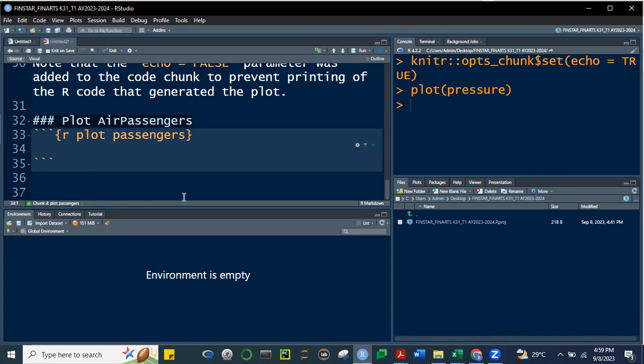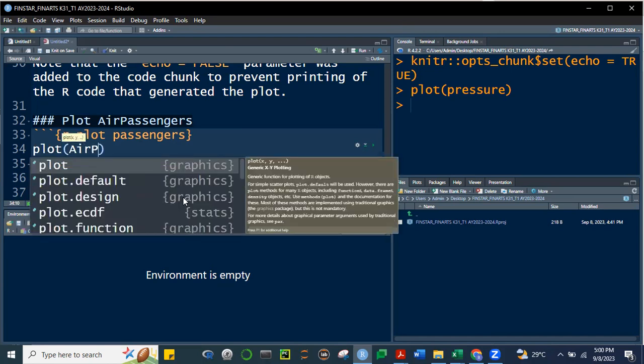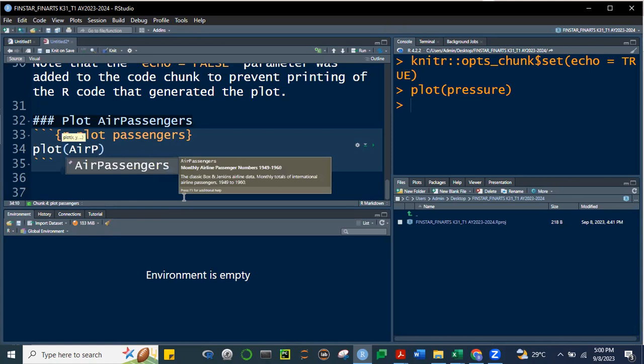Then we know that air passengers is, shall we say, a preloaded data set, so you can already access it automatically without installing packages. So if I also plot air